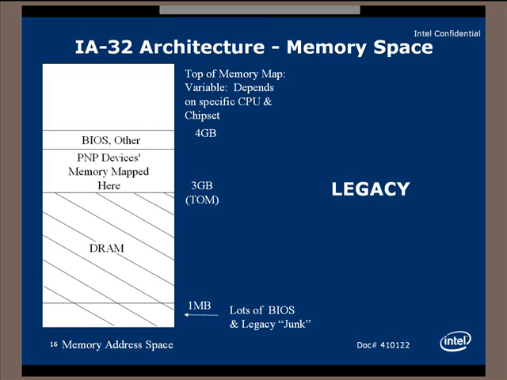CPUs. The memory map that the Intel processors support, the DRAM is usually located there at the very bottom, so 0 to whatever your TOM, which is top of memory, is the DRAM. Everything above the DRAM addressing space is where the plug-and-play devices are mapped. Above that, the EEPROM, the BIOS, is generally right up at the top of 4 gigabytes. Again, one of those legacy issues. That's where it's been for the last many